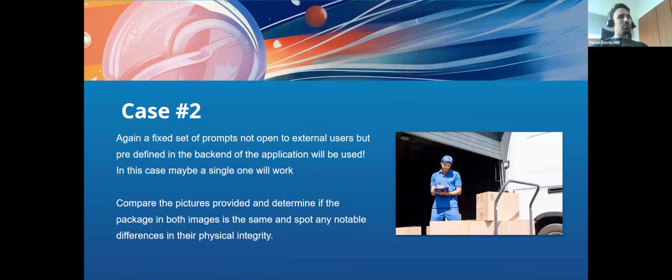Let's go to case number two. Again, how can we solve this with an LLM? If the only thing we care about is being able to track the physical condition of the boxes across the different distribution steps, probably again we are going to have a fixed set of prompts that are not asked by the user, but are predefined in your backend. You'll have questions like: what is the physical condition of the box? What is the ID of the box? Is the content visible? Or any kind of questions you can come up with